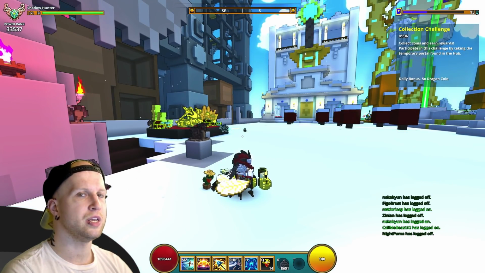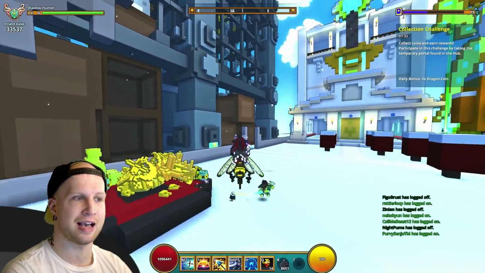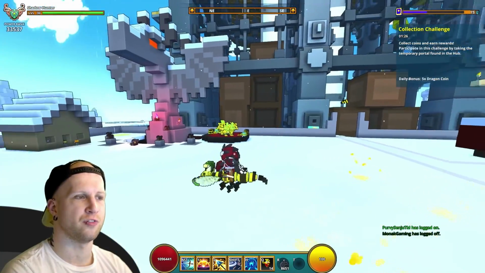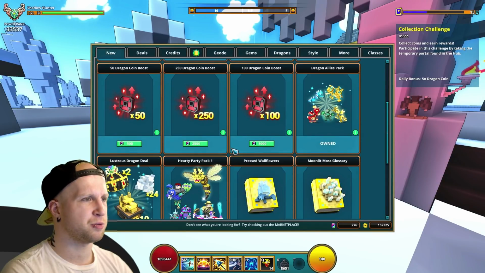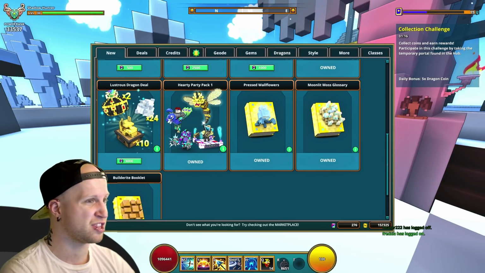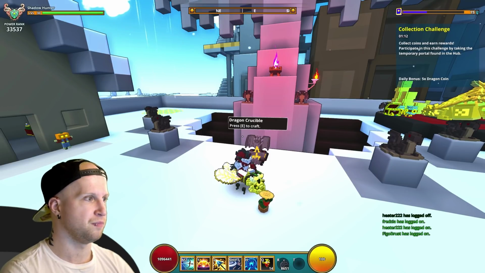Yet another unique dragon skeleton frame, so it's going to be the only dragon that actually has this skeleton structure and flies like a bee, even ends up shooting really cool honey video effects and stuff. It's a really good dragon, and as of right now, as far as I recall, you can still buy it out of the Hardy Party Pack 1, so this is going to be a limited time pack that is eventually going to go away, I think, if I'm not mistaken, because it's an extra life pack,